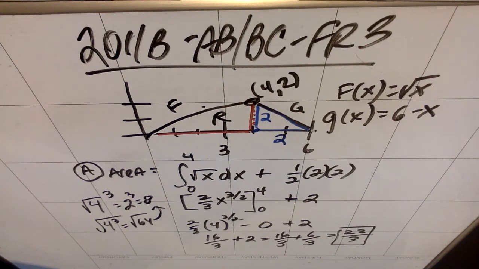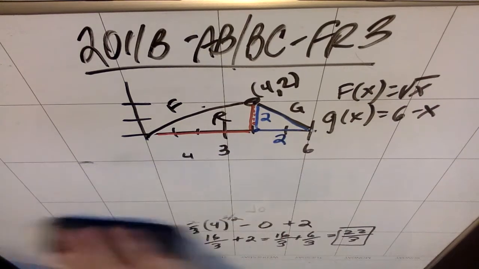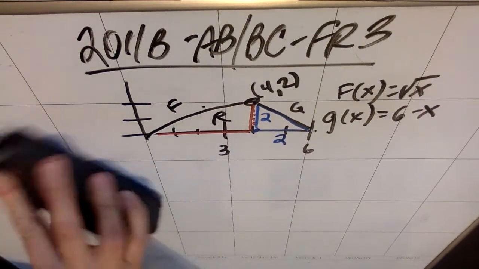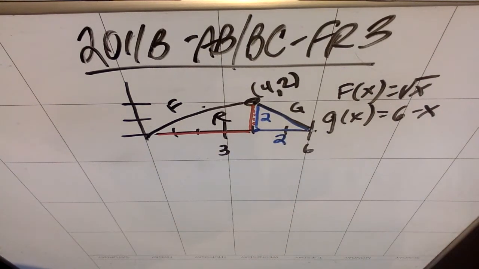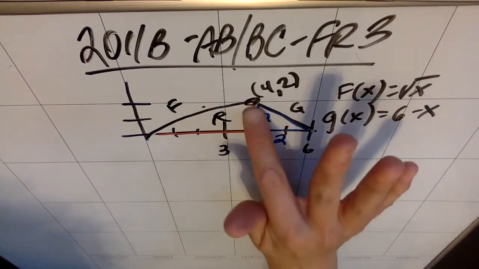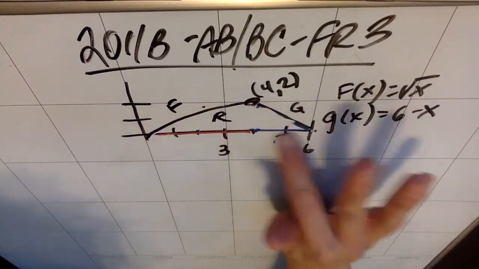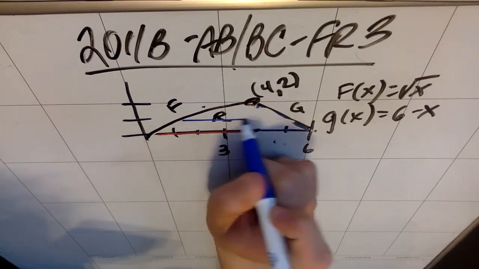Part B. The region R is the base of a solid. For each y from 0 to 2, the cross sections of the solid perpendicular to the y-axis, and that's really important. Like if I had this written down on a piece of paper, I would write all over that phrase. I would circle it and highlight it. So what they're saying is cross sections perpendicular to the y-axis, so going this way